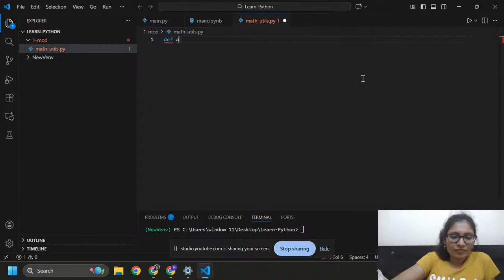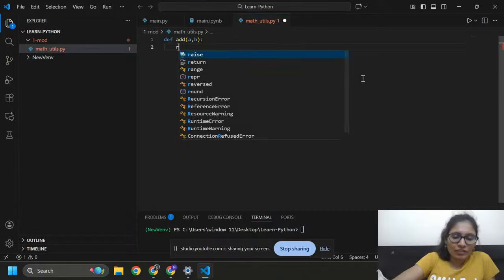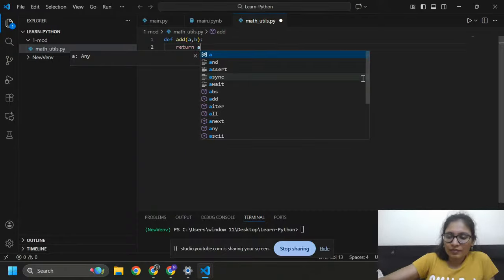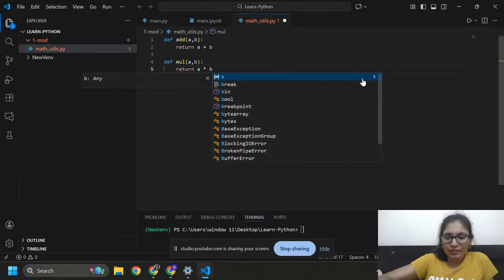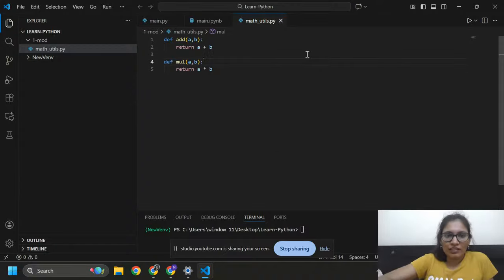Define a function, that is add. I'm just going to pass a, b, colon. Now I am going to return a plus b. I am going to define another function for multiplication. I'm going to write a, b and return a into b. So I have created two functions in this file,